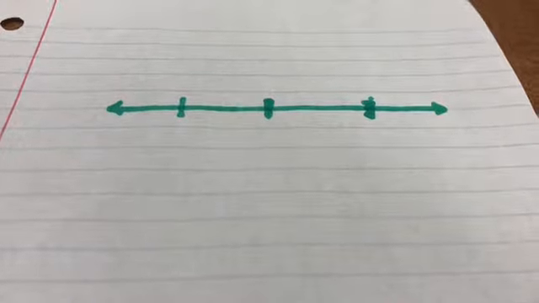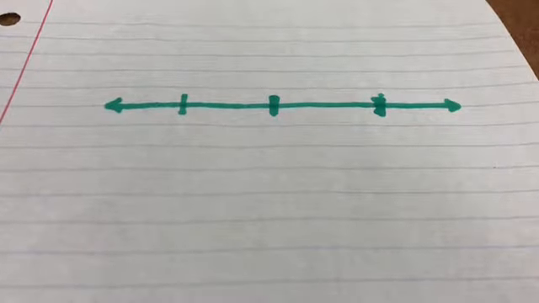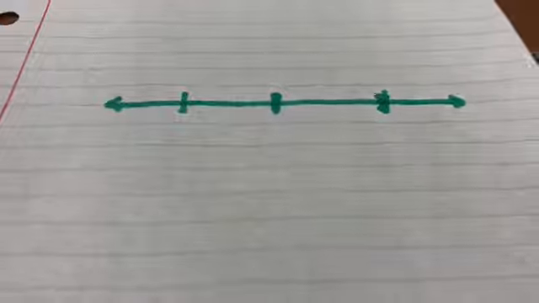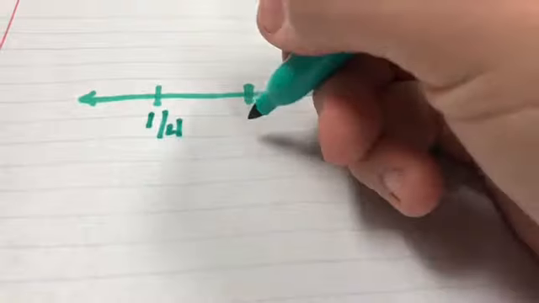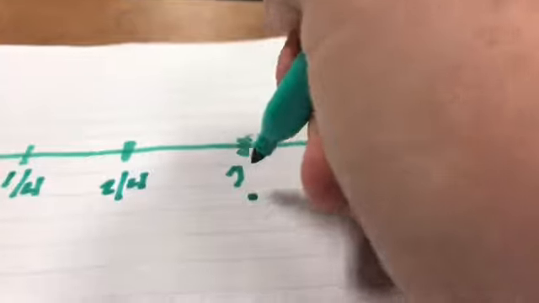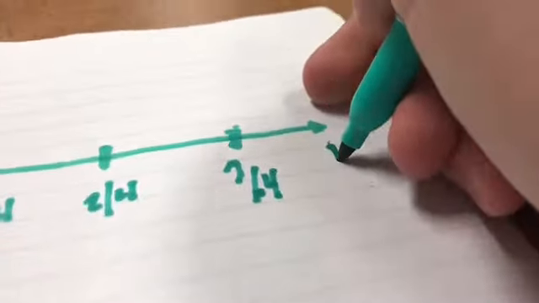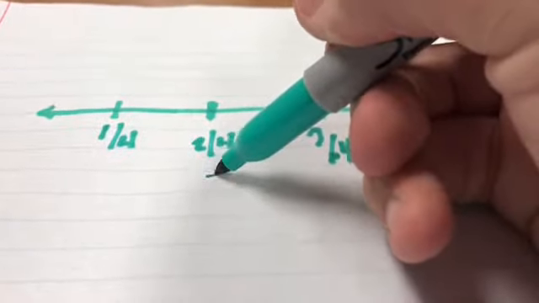And so we can use a number line to show this as well. If we take our first number line and divide it into 4 equal parts, over here we obviously have 1/4. Right here we have 2/4. Right here we have 3/4. And over here we have 1 or 4/4. And 2/4 is also equal to